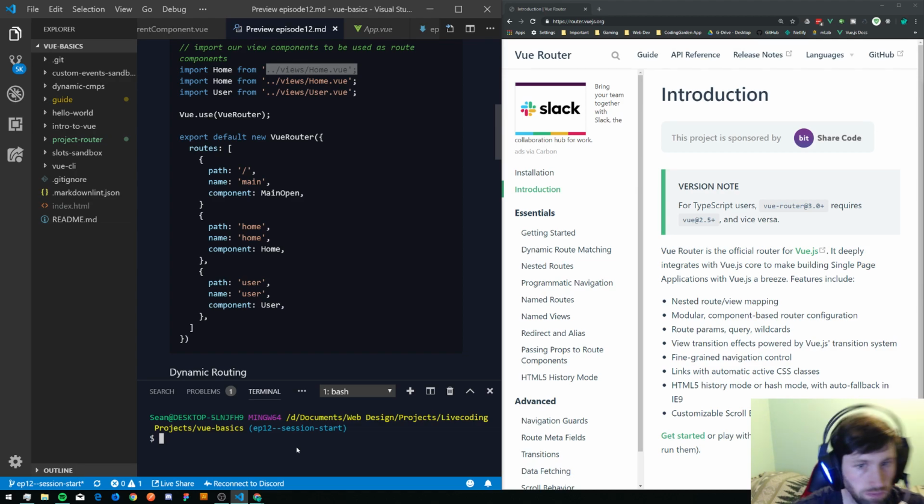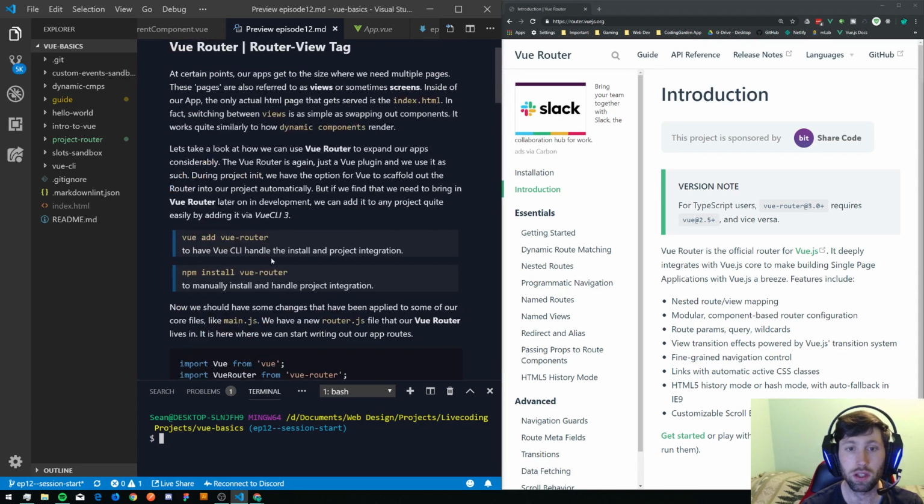Alright, so what I was saying is that usually when we're spinning up a new Vue project using the Vue CLI, it gives us the option to include the Vue-Router off the get-go. But we can also bring it in after the fact, and you can do it completely manually using npm add or npm install Vue-Router, and that'll bring just the package in, and then you have to set up everything manually. But if we're still using the Vue CLI, we have another command that we can use, a Vue command,